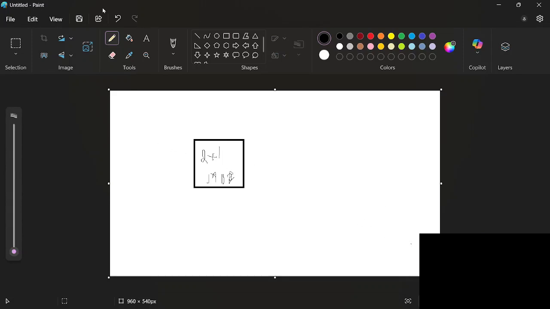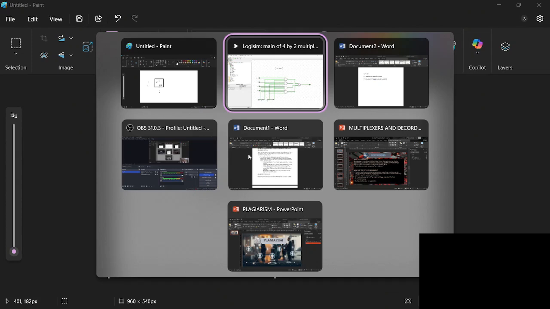So I would have these inputs here, that is my I naught and my I1, and my selection line, which is S. Since with a 2 by 1 mux it will only be a 1, as the formula said,